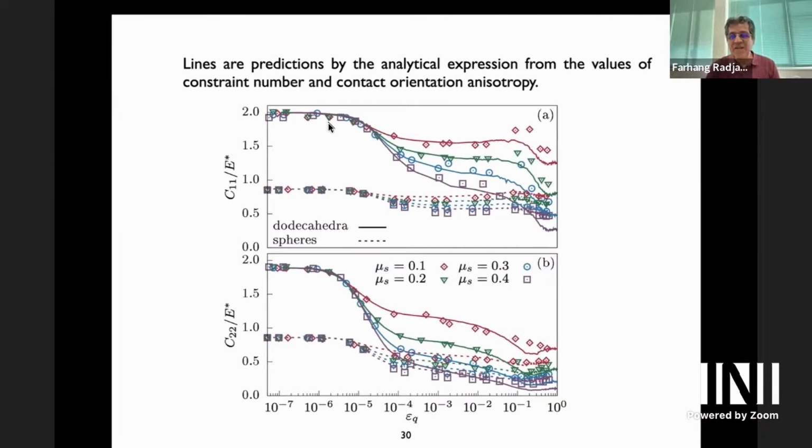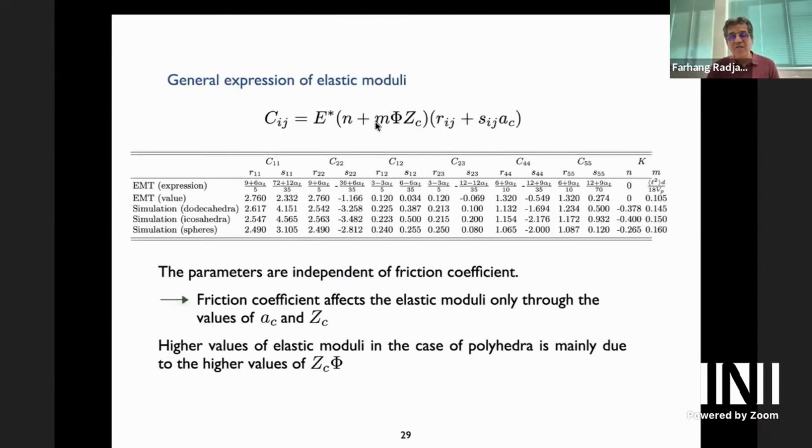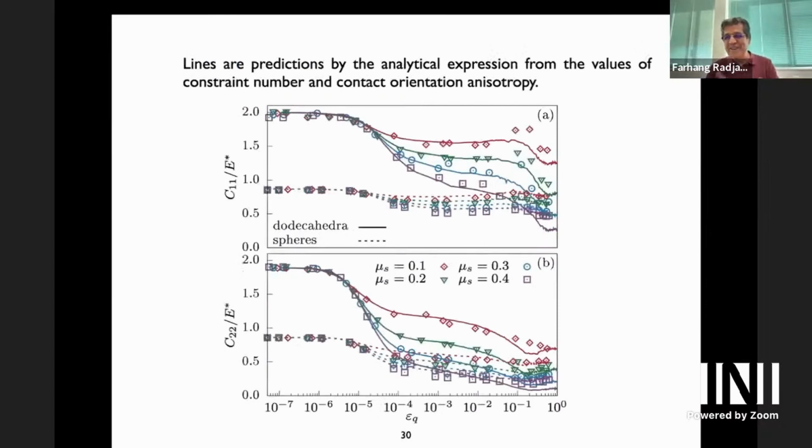And now we can understand this sometimes wavy behavior. I mean, the fact that it's not strictly monotonous is because, as you see here, we have a multiplicative expression. And we have seen that actually during these simulations, ZC is always decreasing and AC is increasing. So when we multiply these two together, we get a curve which sometimes is decreasing and sometimes is increasing. So we can explain this wavy behavior of these predictions.